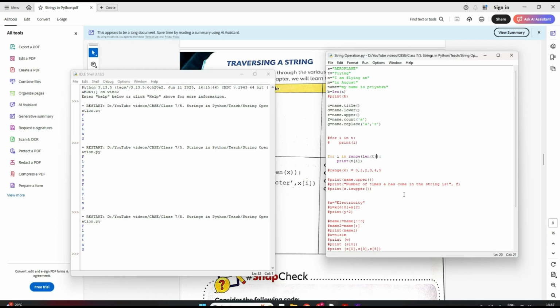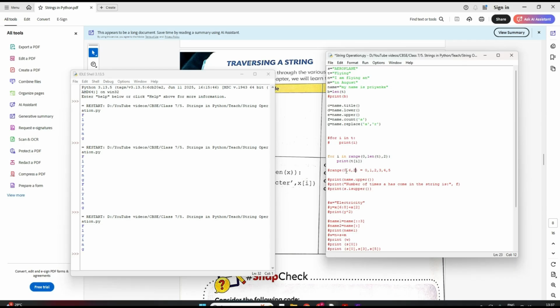If you remember, in range we can provide 3 parameters. So my starting will be 0, my end will be length, and in the step of 2 I want. So if I write range like this, what does this mean? Range 0, the length is 6, and comma in step of 2.